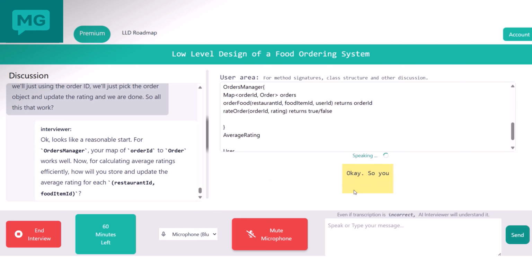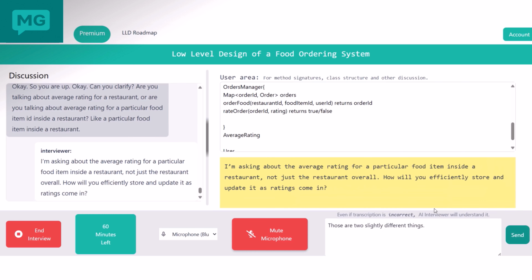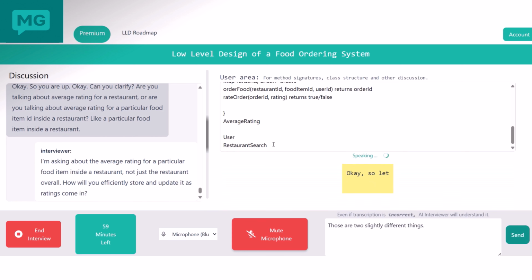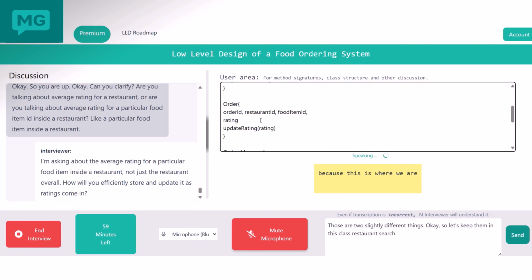Okay, so you're okay. Can you clarify? Are you talking about average rating for a restaurant, or are you talking about average rating for a particular food item ID inside a restaurant? Those are two slightly different things. Okay, so let's keep them in this class, restaurant search, because this is where we have to implement this method